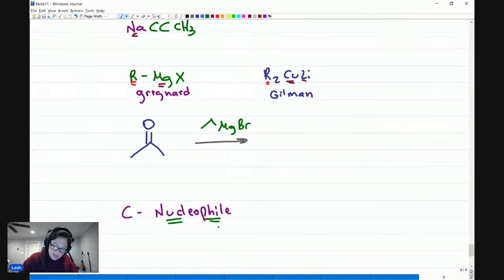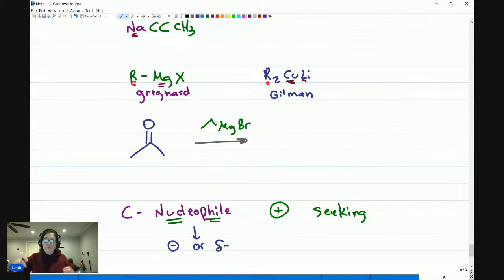The nucleus is positive, and something that loves positive is going to seek positive, positive seeking. What kind of atom or molecule is looking to react with something positive? A nucleophile is negative or partially negative. So what makes these carbon atoms negative or partially negative? We have a carbon bound to a metal. If that metal is positive, partially positive,